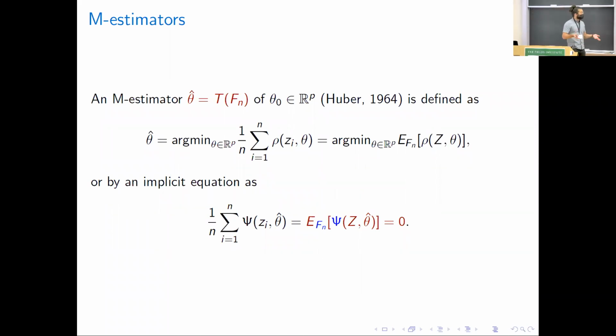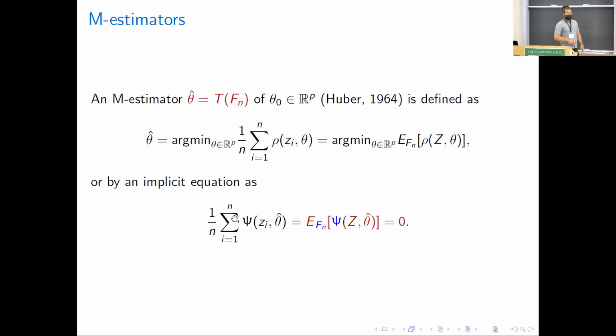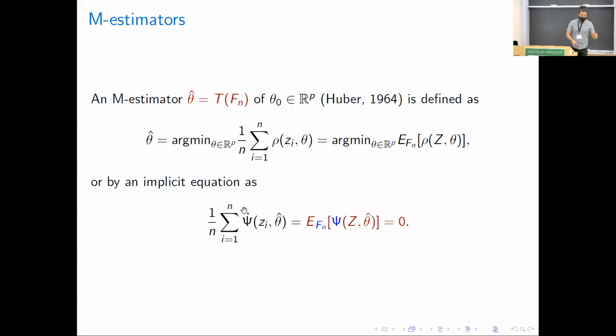The reason I want to point that out is that there's this literature in robust statistics that talks about influence functions and so on. There's a whole subset of robust statistics that cares about constructing loss functions such that the function psi, the derivative of rho, identifies the true parameter that you care about, the true parameter theta naught. They construct them in such a way that not only does this identify theta naught, but also this psi function is bounded, because in that world it means the influence function is bounded, which has some meaning in terms of robustness. So there's that catalog of estimators we can work with, right?